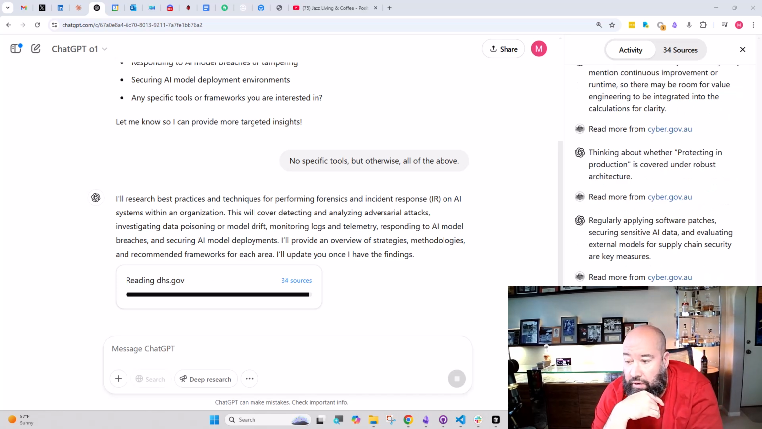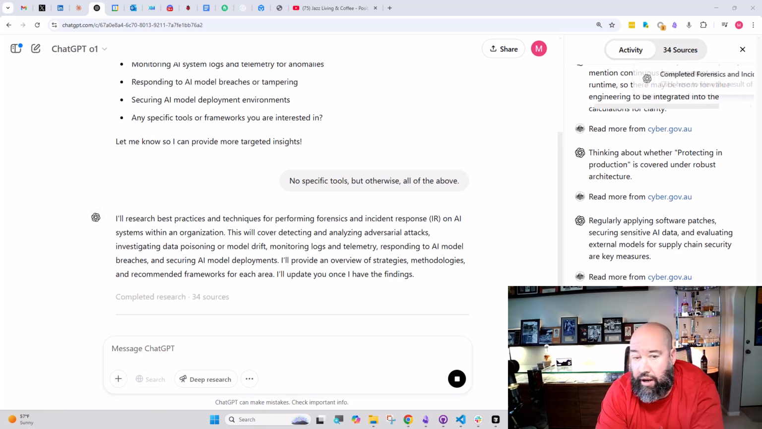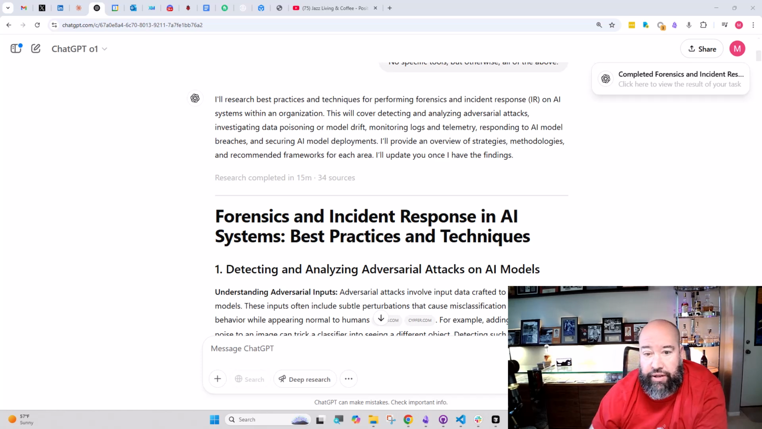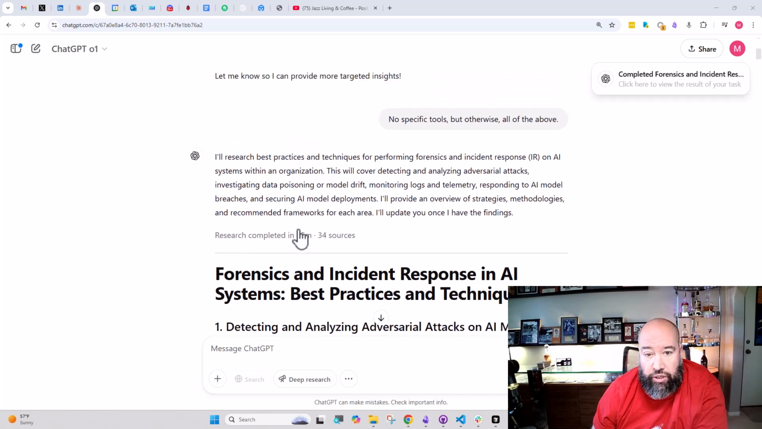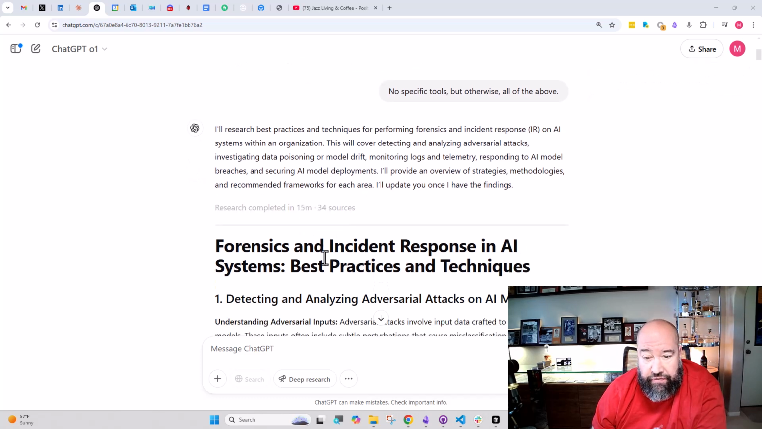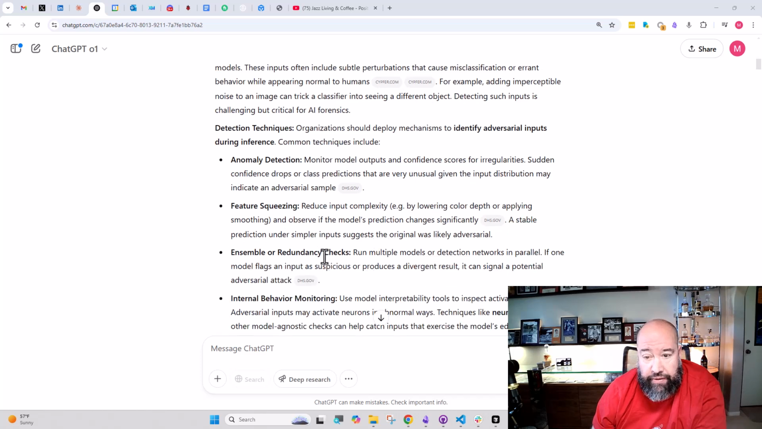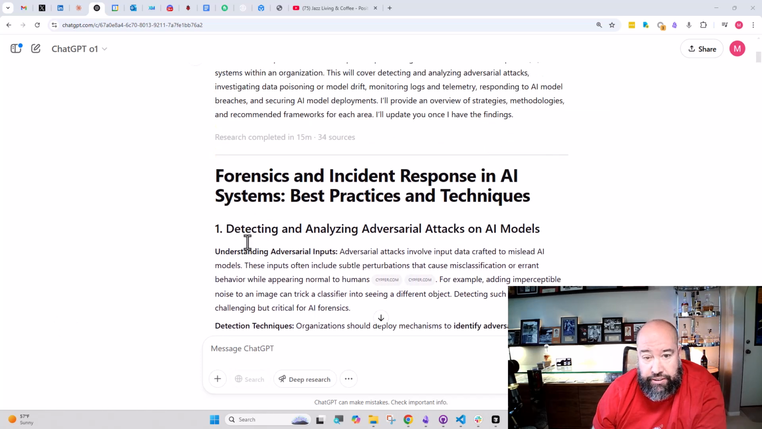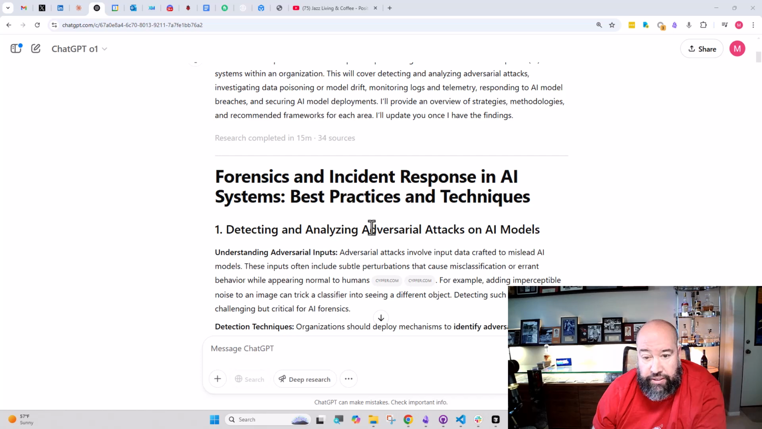All right. Right as I recorded that last part, it kind of broke. Found a little bit more, not broken in a bad way. All right, so it looks like it just finished. It ran for 15 minutes. It ended up checking 34 sources and then produced this report: Forensics and Incident Response in AI Systems, Best Practices